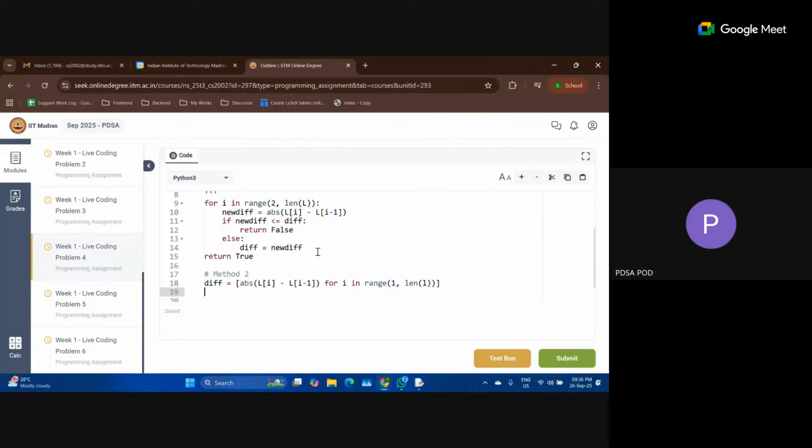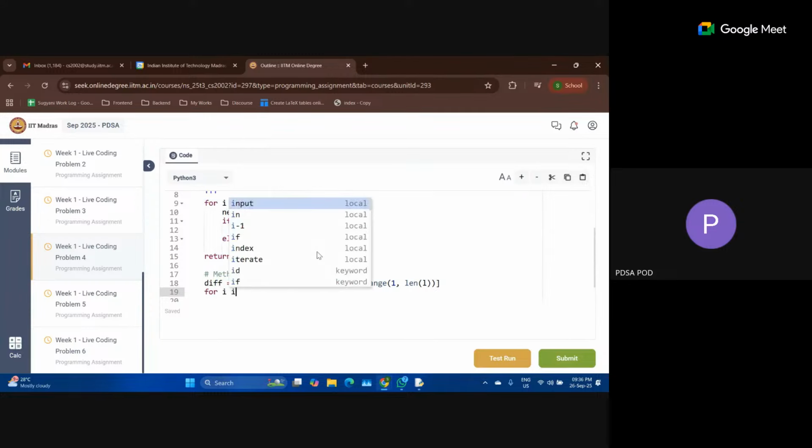Now what we can do is iterate over this entire list, and we can see if this list is an increasing list or a decreasing list, or if there is an element such that this element is smaller than the previous element. So what we can do is, for I in